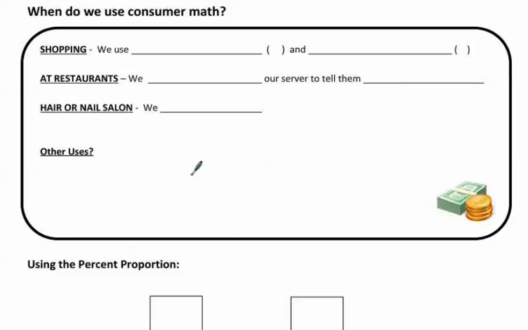Let's talk about sales tax, tip, and discounts and setting them up in a proportion. This is also called consumer math. This is everyday life. When shopping, we use tax,